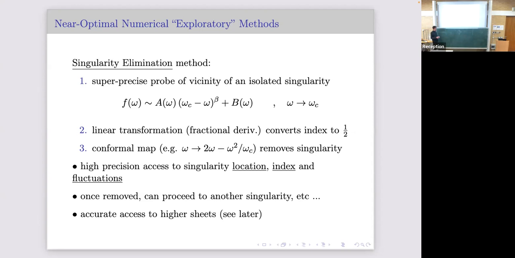Once you get rid of it, suppose you get rid of this guy. Now that's the leading singularity, so you can repeat it. Eventually you run out of oomph because you don't have enough information, but you can, in principle, keep removing singularities and just probe anywhere. You don't have to probe this closest one, you can pick one and eliminate it, and get the local one.